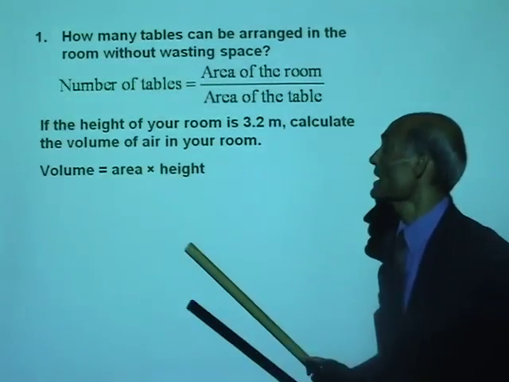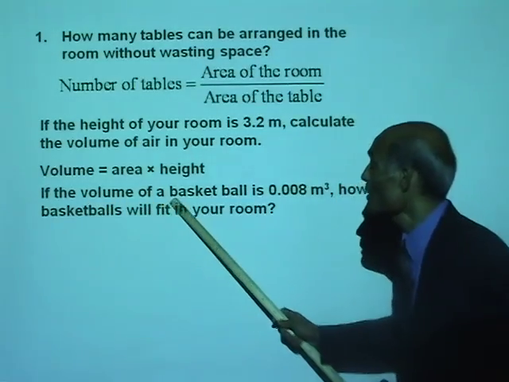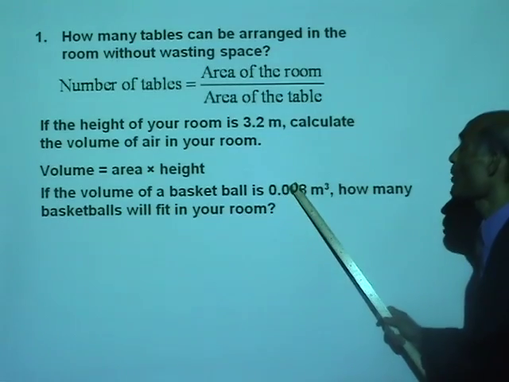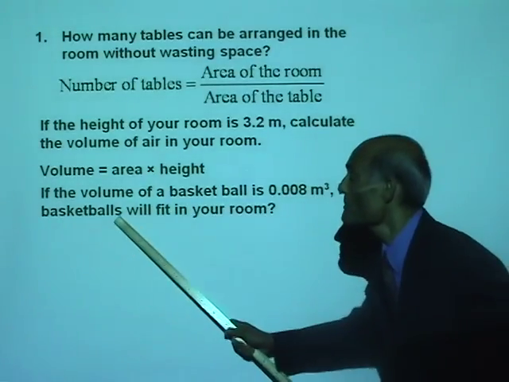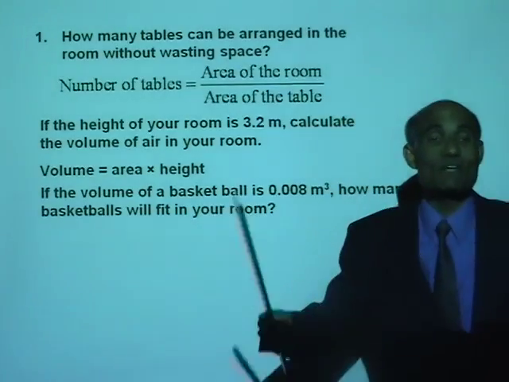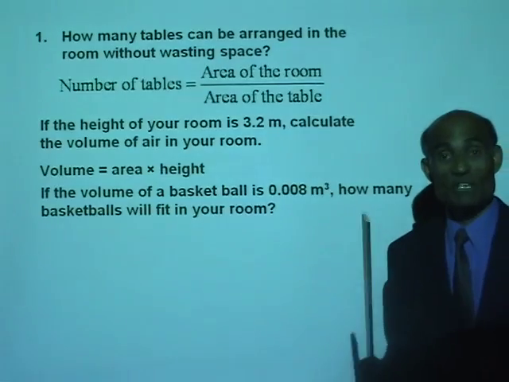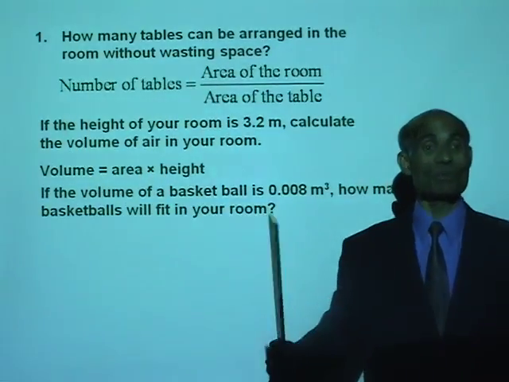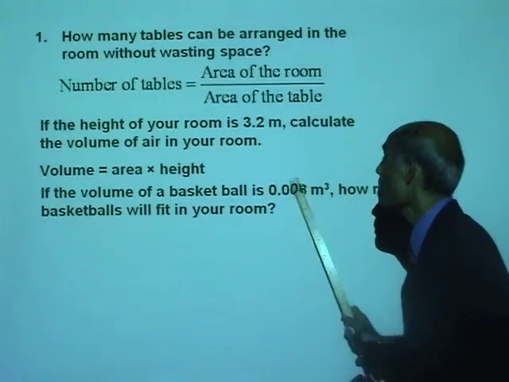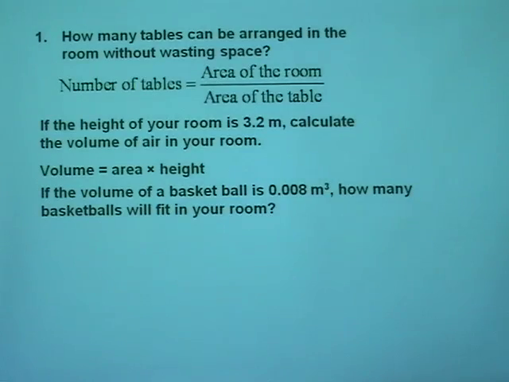Alright, the volume is area multiplied by the height. Now, if the volume of a basketball is 0.008 meter cube, how many basketballs will fit in your room? Isn't that interesting to find out? That's the ratio. What ratio? It's the volume of air in the room divided by the volume of one basketball. So, what was the volume of the air in my room? It was